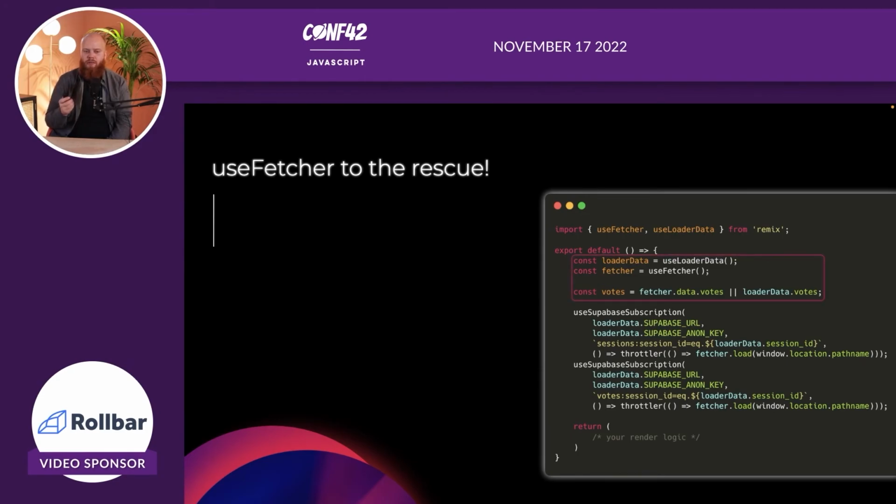So what do I do now? Instead of pushing it into state, I use the last hook that I want to show you, which is called useFetcher. And in essence, what a fetcher does is you can have it rerun the loader function that you have on your file. So our loader function gives us the latest state. So when somebody visits the URL, they're going to see the latest state. But then what we can do is call this fetcher. And in fetcher, it will have a key called data, which will then be filled or not. So the first time this page renders, fetcher.data is empty. So the loader data will be